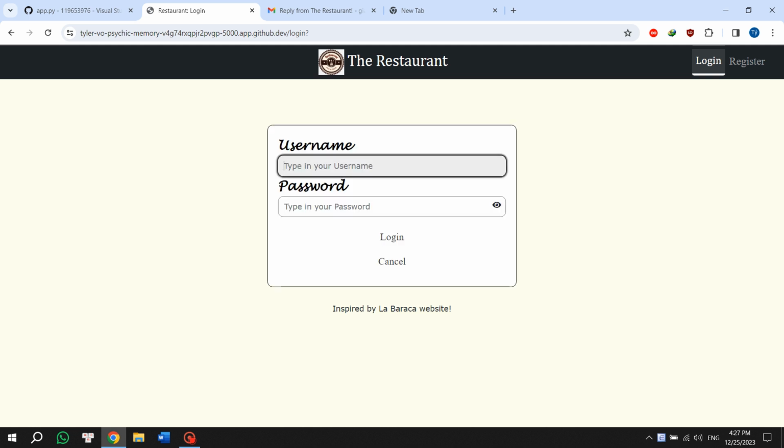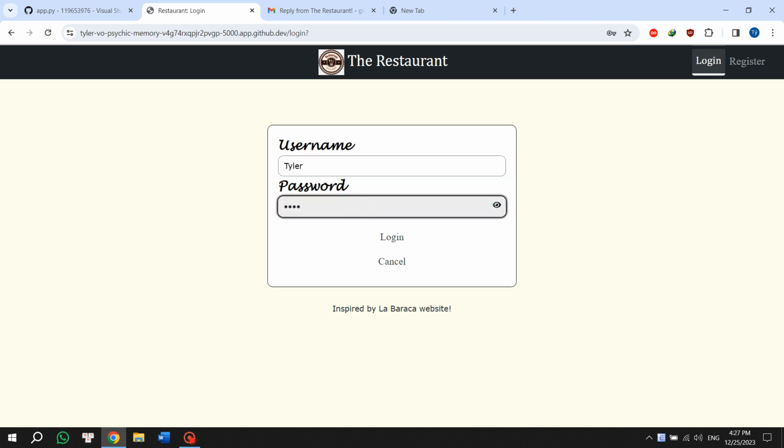Click on the owner. You can use the username. For the password, they can click here to see what they type or turn it back. Basically the password needs to have a capital letter, a normal letter, numbers, and also special symbols. I click login,